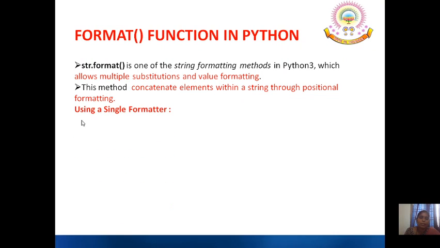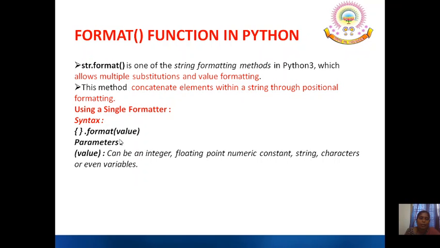So first we are talking about the single formatters. Syntax will be something like this: formatter dot placeholder dot format value. Here value is a parameter. This can be either an integer, floating point, numeric constant, or string, or character, or any variable.